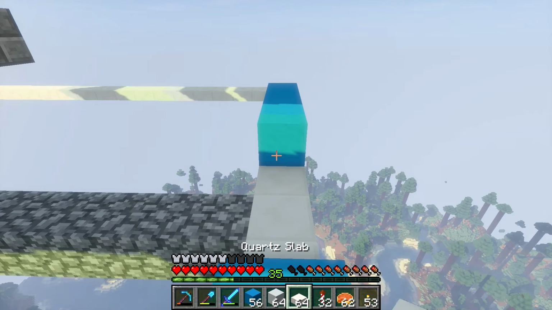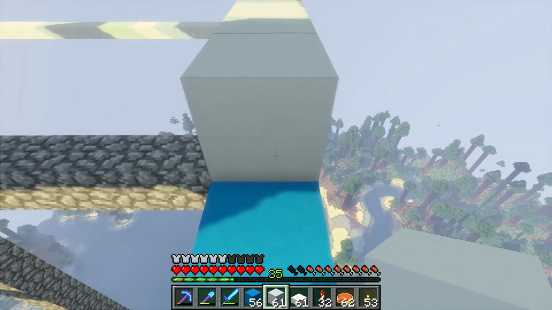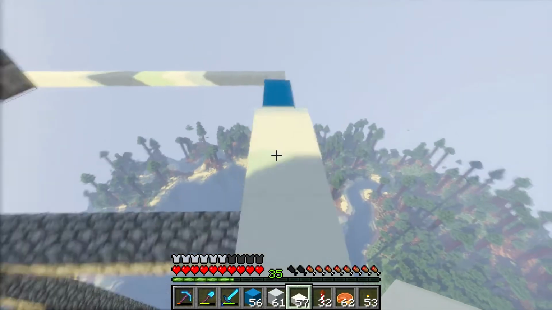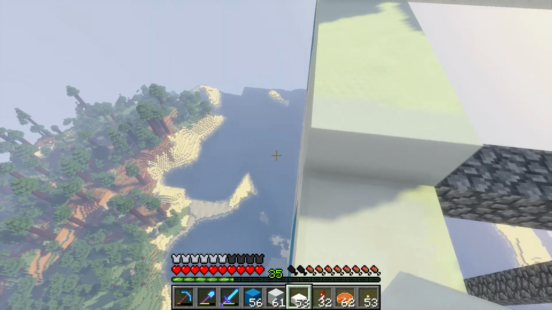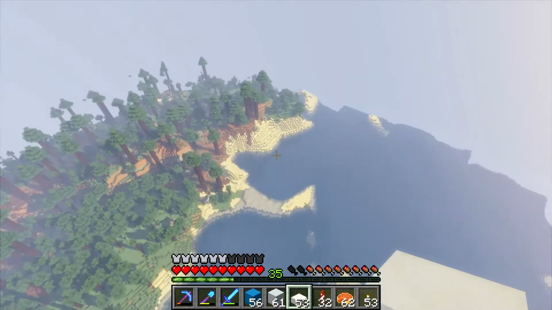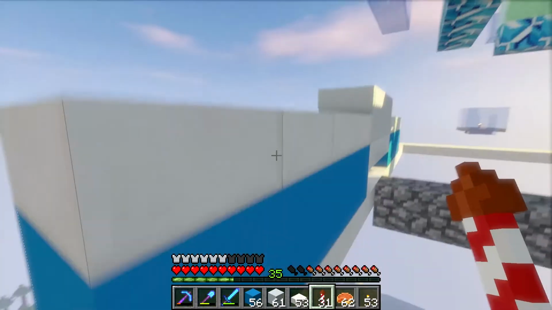Then what do we got? Then we got the slabs coming across like this. We've got white concrete here. And we've got slabs across these. And then we've got white concrete coming up. This is a very kind of...